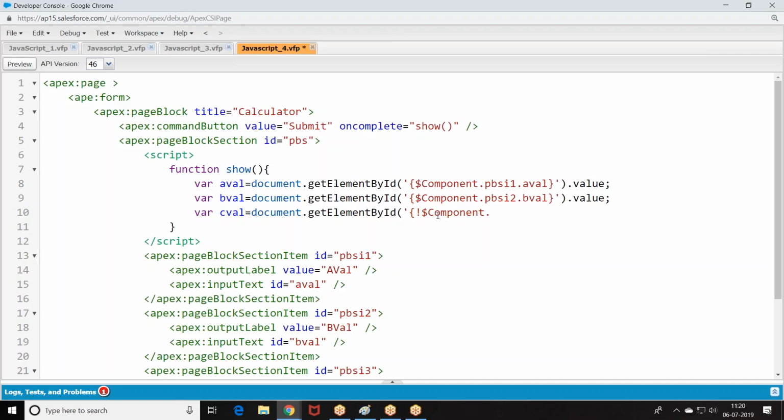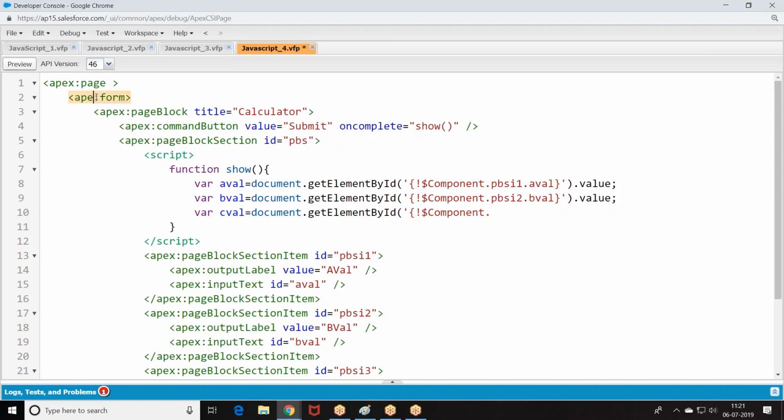So an extra line came. Where was that? Apex. No. Document dot get element by ID. Line number.